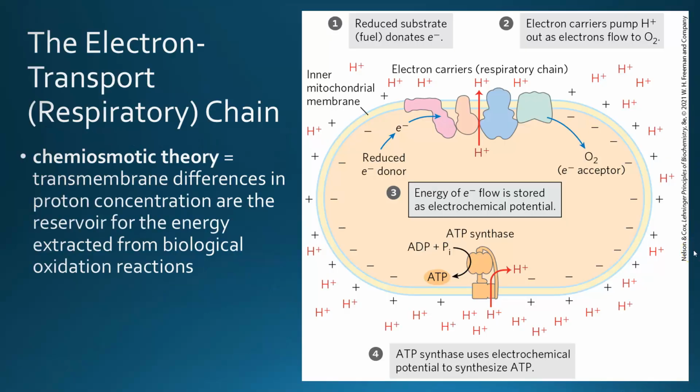This is a summary of the electron transport chain. In the picture, you're looking at a simplified view of a mitochondrion with the matrix being this sort of melon color in the center, the intermembrane space being out here in the white part, and then the inner mitochondrial membrane being this yellow and blue lipid bilayer.